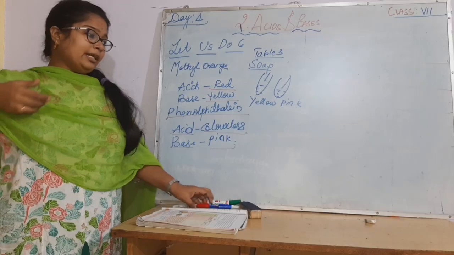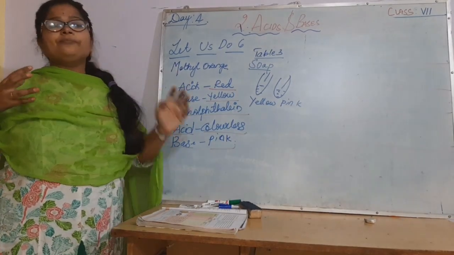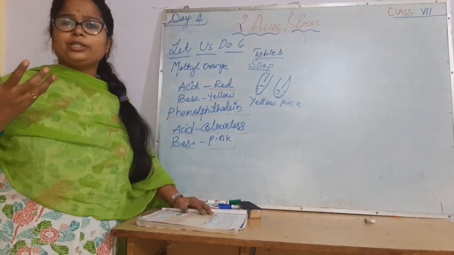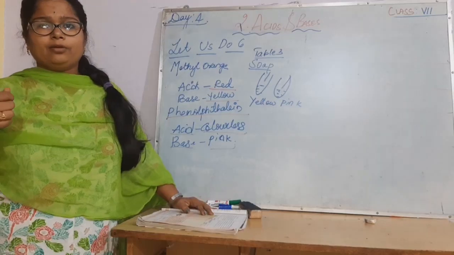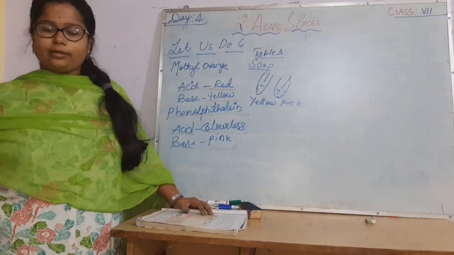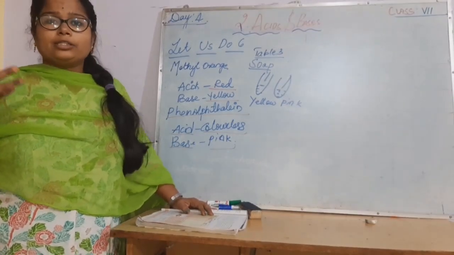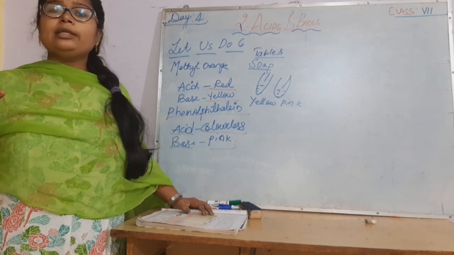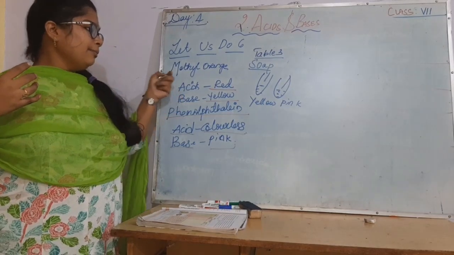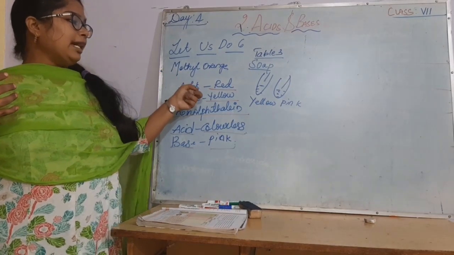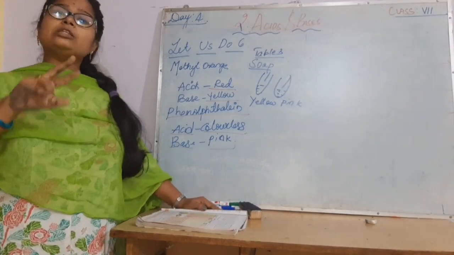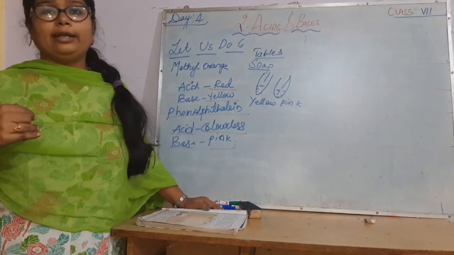And why do we have to learn about this? Science is something you relate to your day-to-day life. If you cut a lemon or any citrus fruit, like an orange, and you get blood from it, you feel it is a knife. How can it be magic to see blood coming out of the lemon? He might have dipped the knife in methyl orange. As citrus fruit is an acid, it turns red in color. So whatever you learn, you are supposed to connect with your day-to-day life activities.